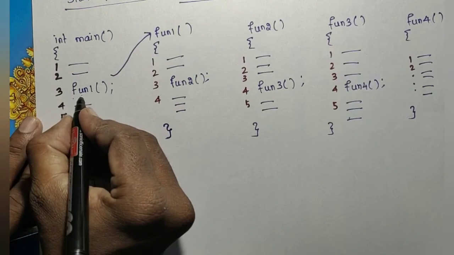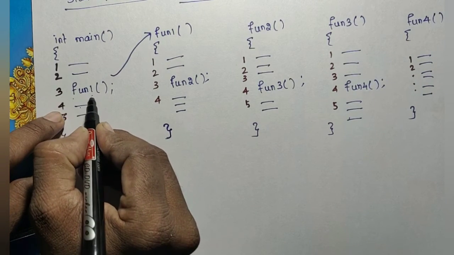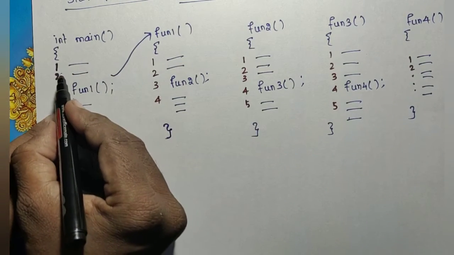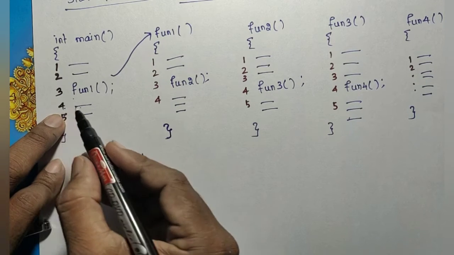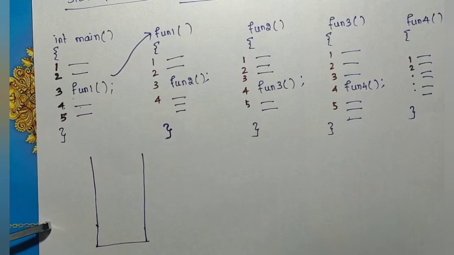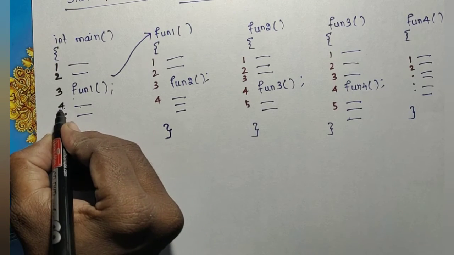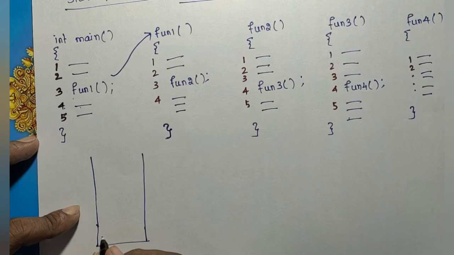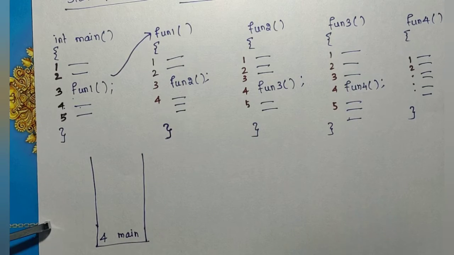So at this stage, after executing function 1, it needs to return to the 4th statement of main. Here, for understanding purposes, I am writing the line number. Actually, it will push the return address where it has to return. So the return address will be pushed into the stack. For simple understanding I am using the line number. So the main function will insert this information: the 4th line of main, I have to return. For our understanding purposes I am writing it like this.